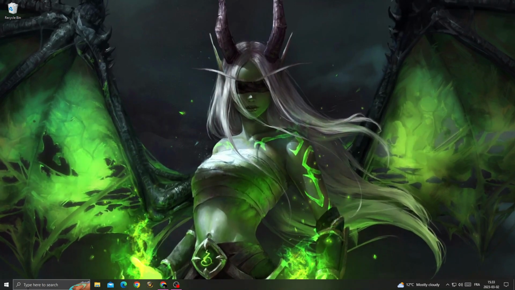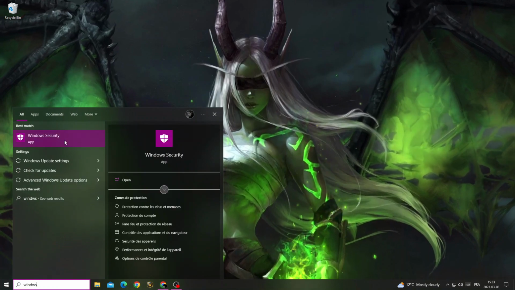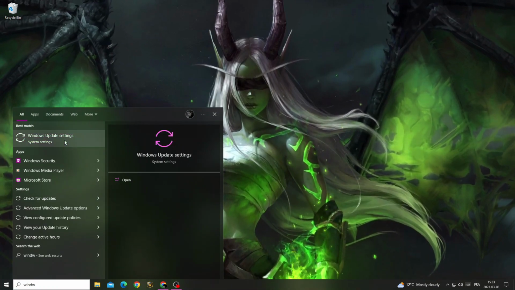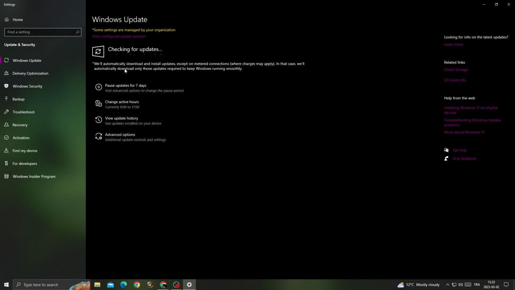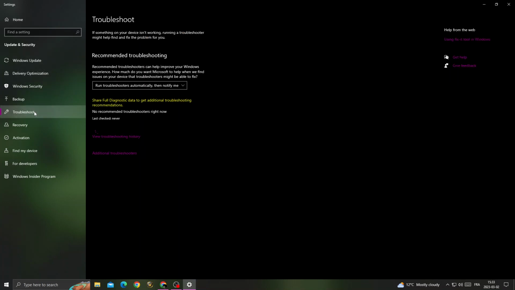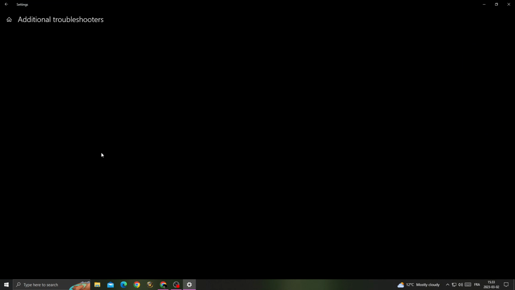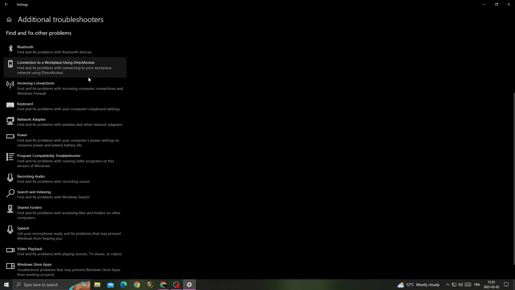First, type here Windows Update Settings and click check for updates and wait for it, and after that just make sure to install all the updates that you will find here. And then go to troubleshoot and click additional troubleshooters, and then scroll down until you